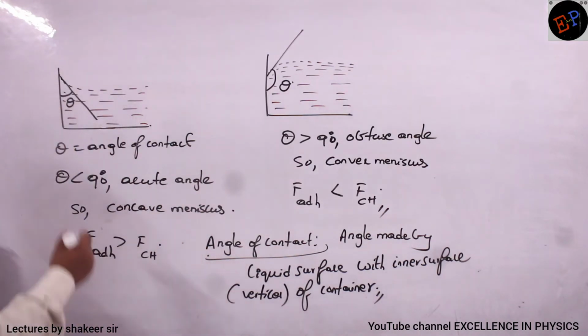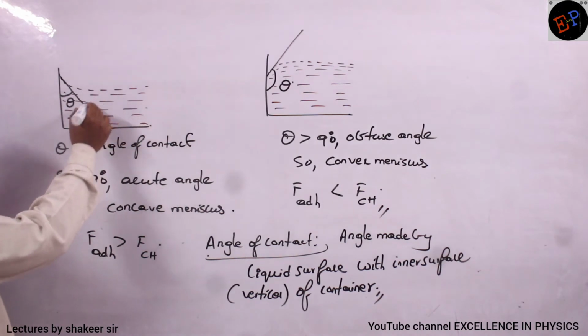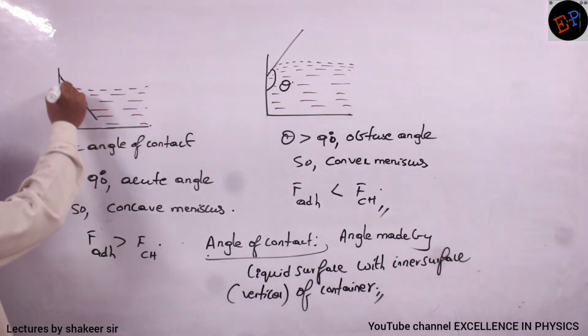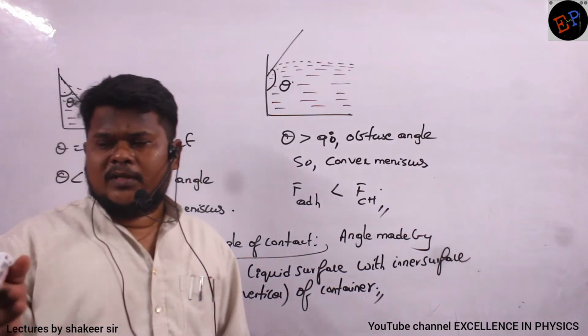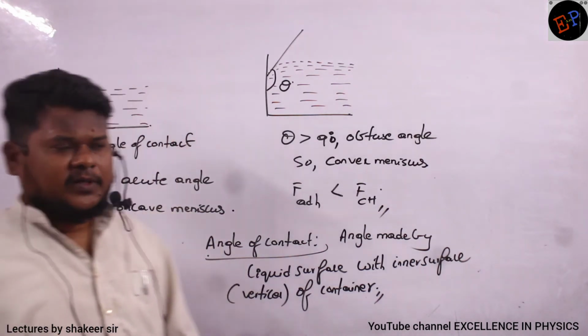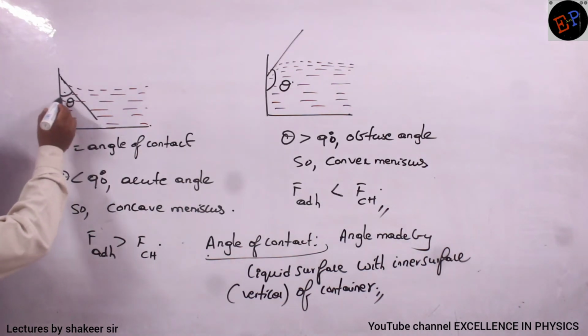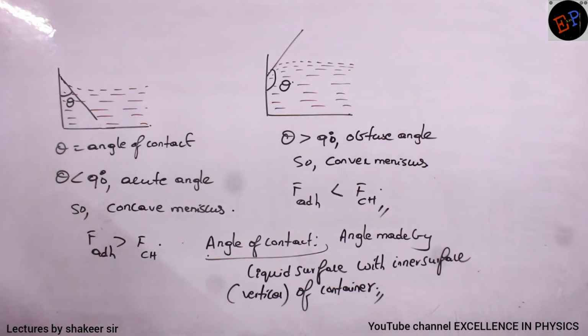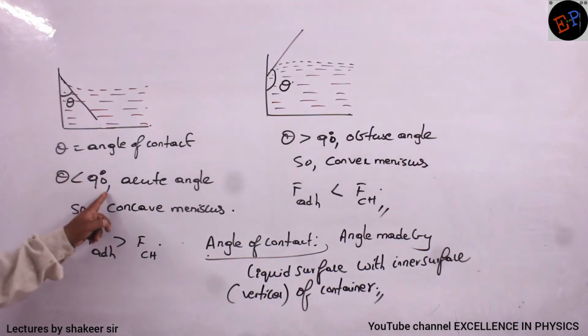Okay. So for a concave surface of liquid, this will be the shape of the liquid, no? So this is how you have to draw a tangent. Tangent to what? Tangent to the shape of the liquid meniscus. Then that angle made by the tangent with the inner surface of the container is called angle of contact. So this is what kind of liquid meniscus? Concave. So angle theta is less than 90 degrees.